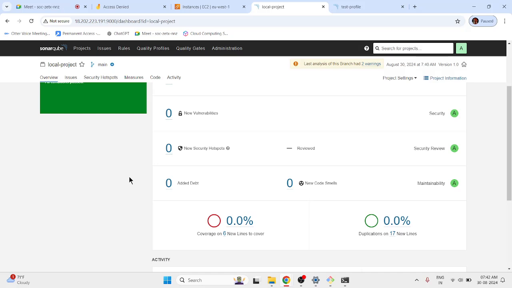Is it clear so far? The quality profiles. Yes, sir. Yes. Okay, all right. Now